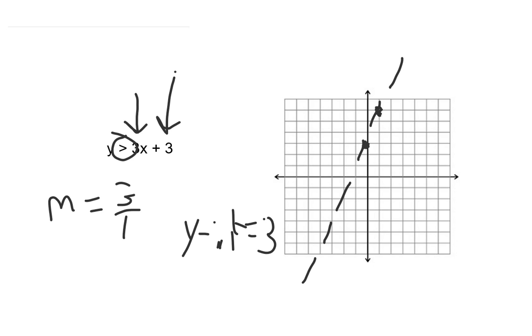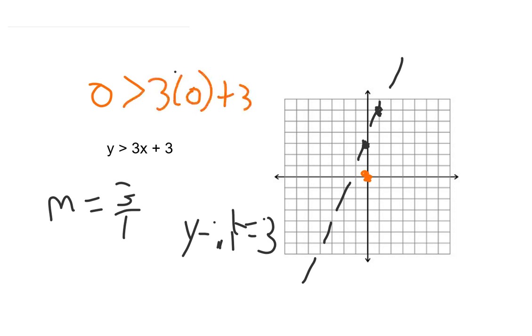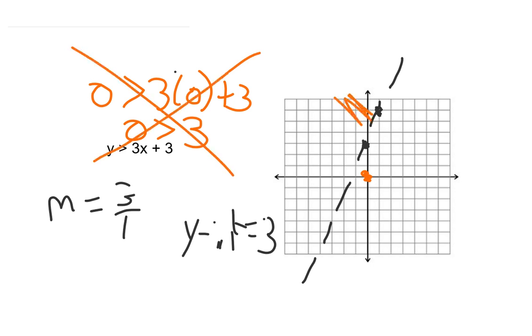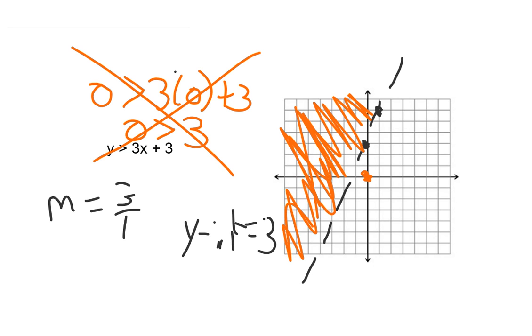And the last thing I got to do again is to check to see which side to shade. So I'm going to check that 0, 0 point. If I plug in 0 for x and 0 for y, I'll have 0 is greater than 3 times 0 plus 3, which will simplify down to be 0 is greater than 3. 0 is not greater than 3, so I'm going to shade the side that does not have the point 0, 0. And again, that means that any one of these